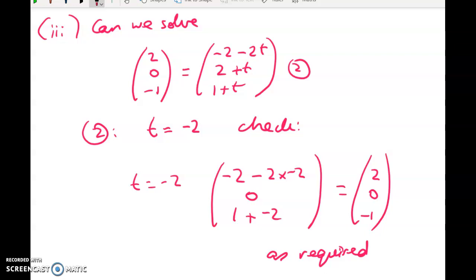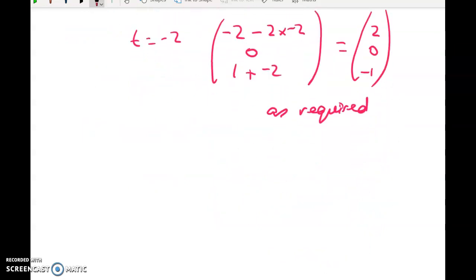And then the last one, the direction vector of line M,